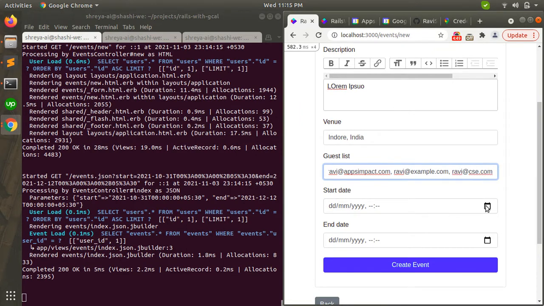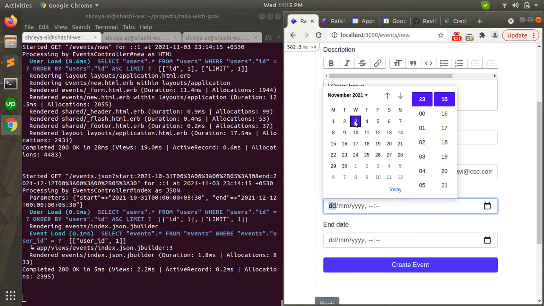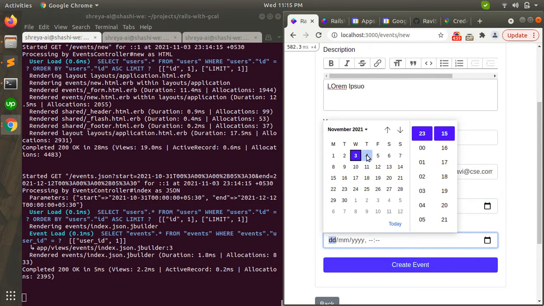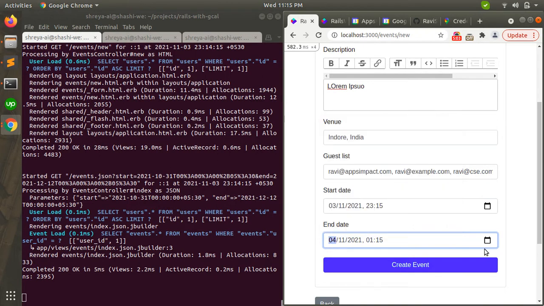Okay, now let's write the start date. Click on that. That is fine. And now click on the 4 and select it and just save your event.